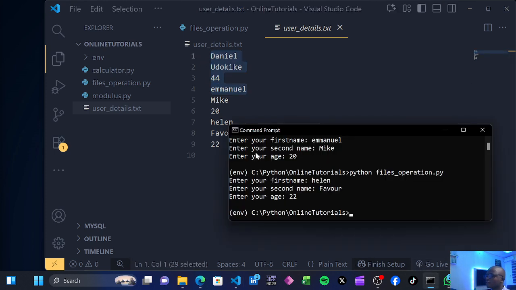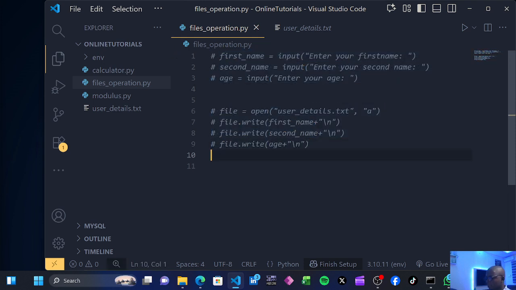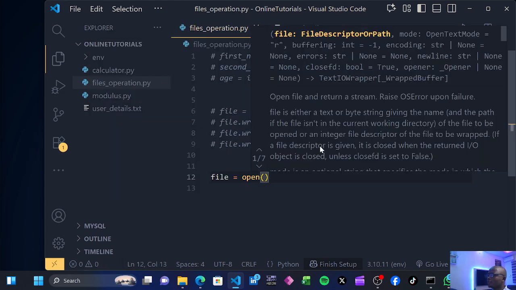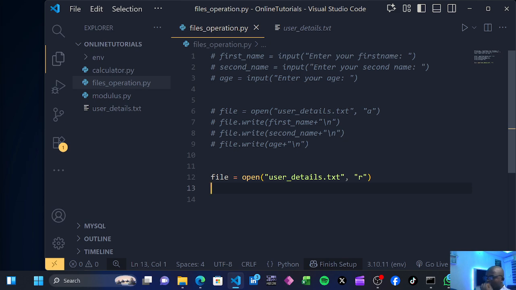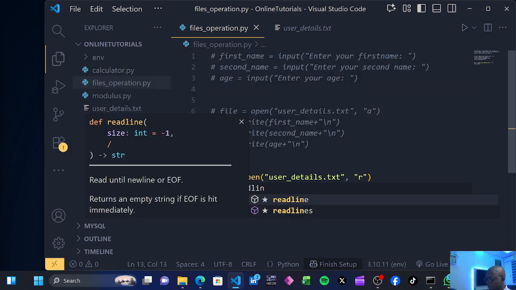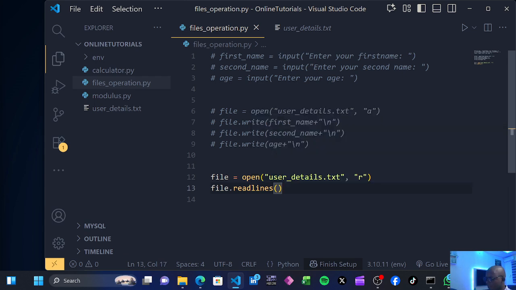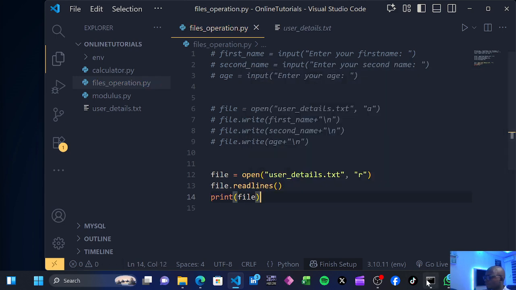If you want to read from that file, you can open this file in read mode. So let me comment out these lines here. Then I'll come down here and say file is equal to open. First of all, I'm opening user details.txt, and the mode is read, because I want to read from it. After that, what you do is file dot readlines. It reads all the content of that file, and you can now print file. So when we run this,